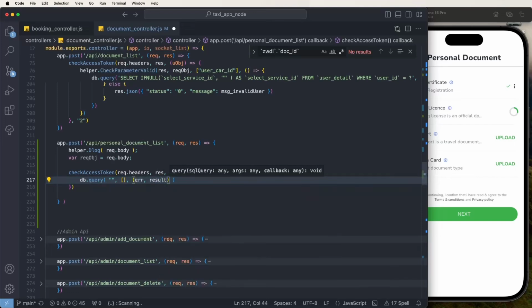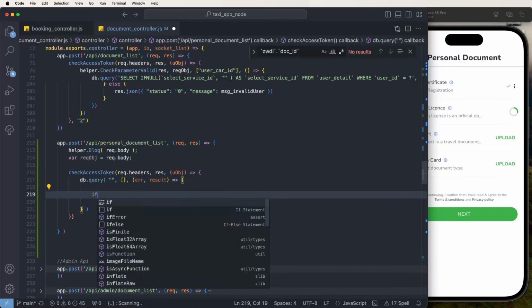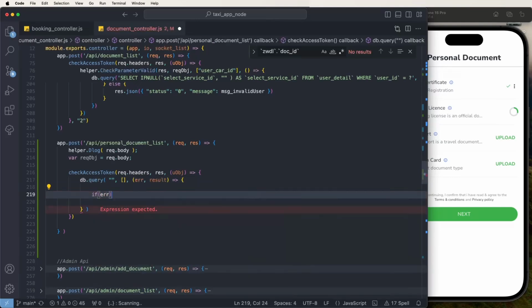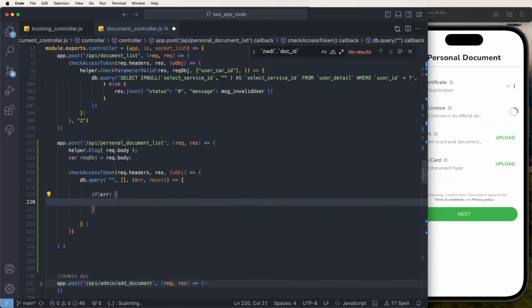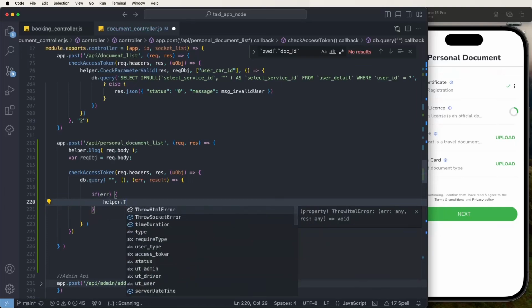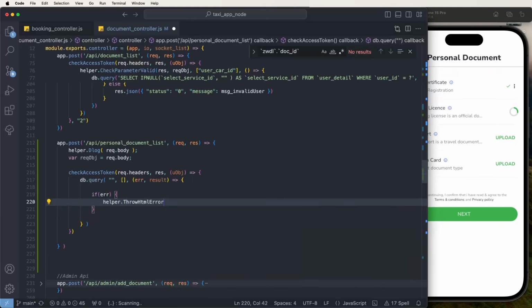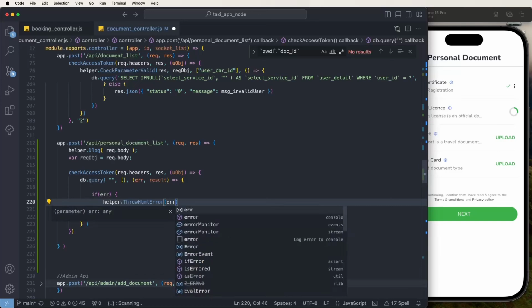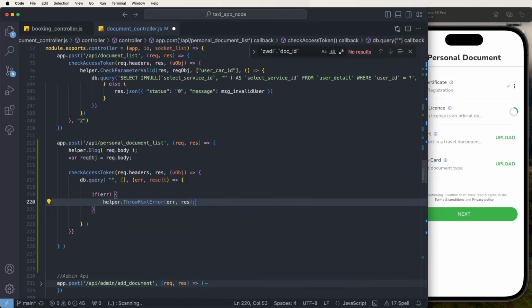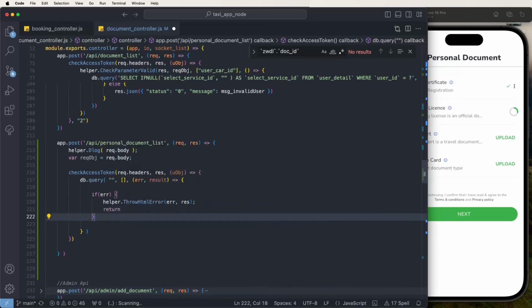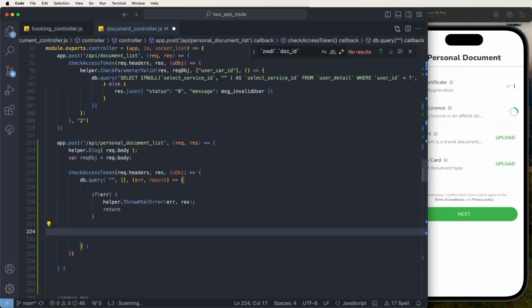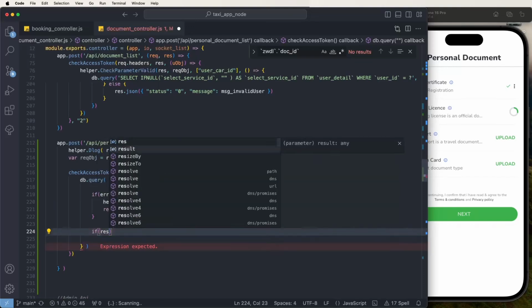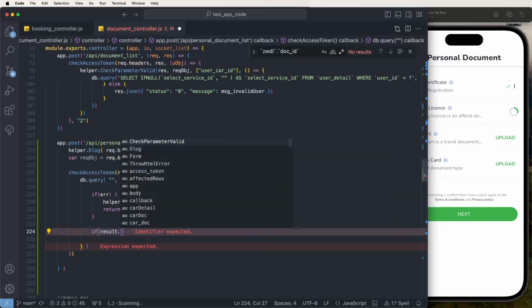Now in the function, if we get errors, then write helper.throwHTMLError and give the response, and return inside the response object and return the function. If there are no errors, we write if results.length is more than 0,